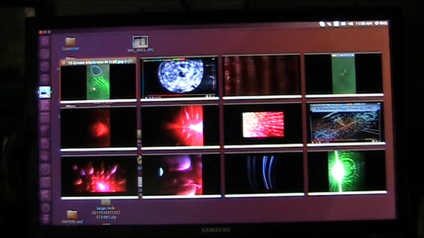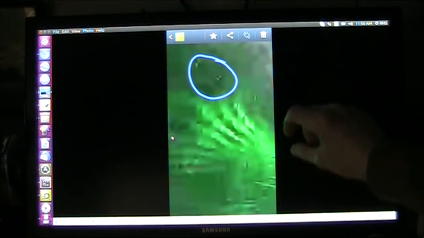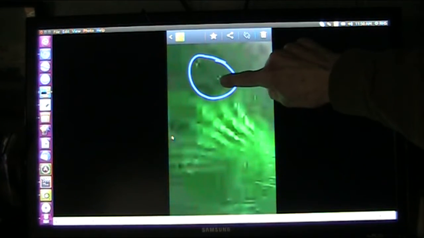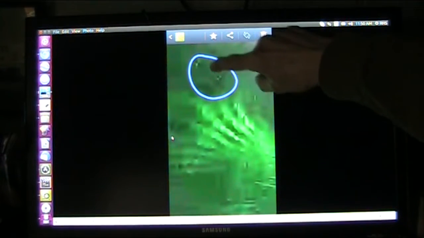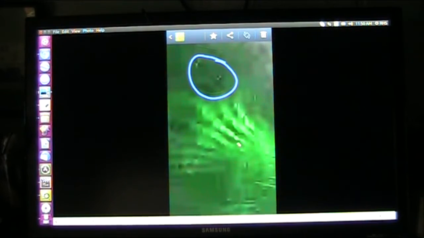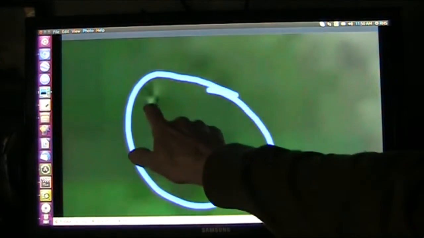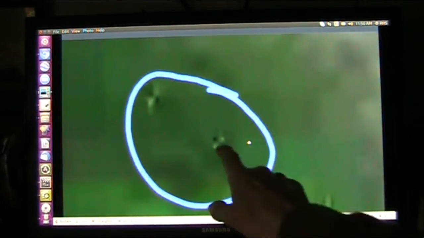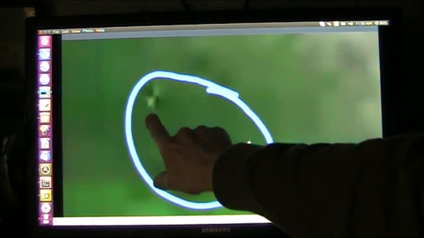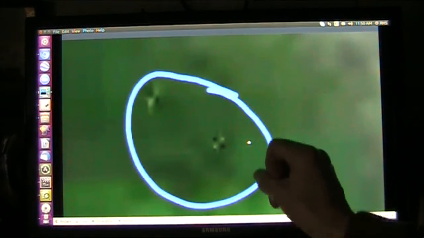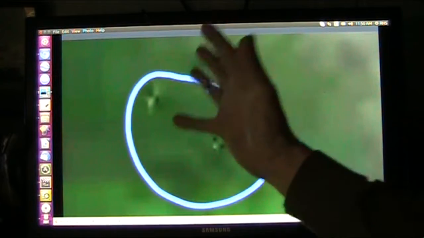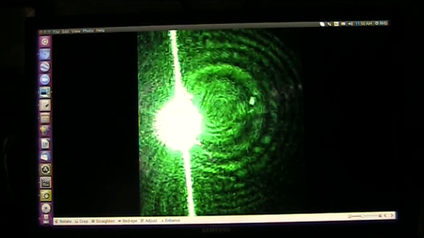So now we saw that. Now here it is coming out of the accelerator. The green goes way out before it crushes into the ether because it's more powerful than the red. See, there they are right there. It's coming out and it's slowing down. This one here, soon that will, you see how much more white that is than that? I think as it really hits and slows, it really brightens up. That's what it appears to be. See how bright it gets like that? Now, where are we?